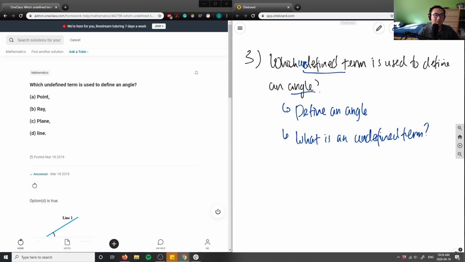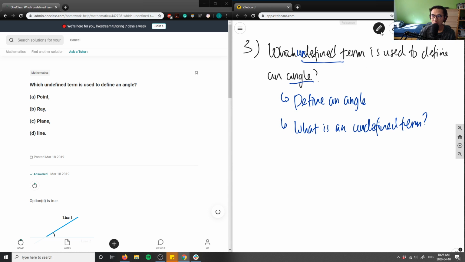So this is actually kind of a tricky question, and it's a tricky question because first let's define what an angle is. So an angle, if you remember from pre-algebra, is kind of two rays connected to a vertex. So how we do this is, remember what a ray is: I have a point here, and a ray extends only in one direction here, right?